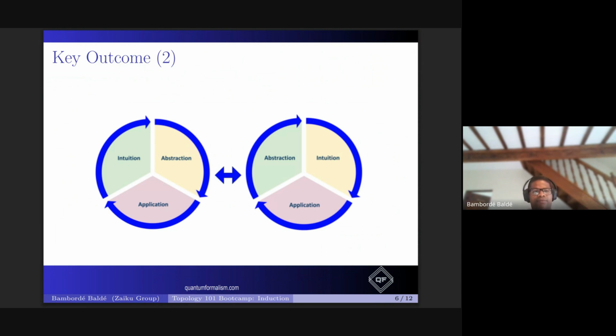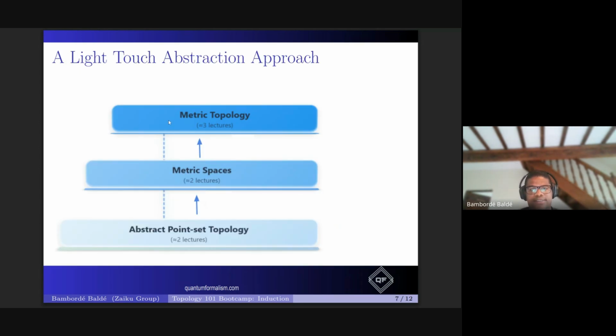So again, referring to our mental framework of being able to go from building an intuition to abstraction and finding possible useful applications for these things is very important. And this will basically help us get there by defining certain topological notions that we could have defined abstractly, but by making them a little bit more in the context of the metric topology, you are able to build a better intuition.